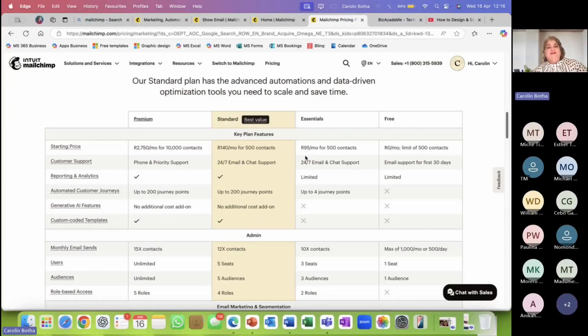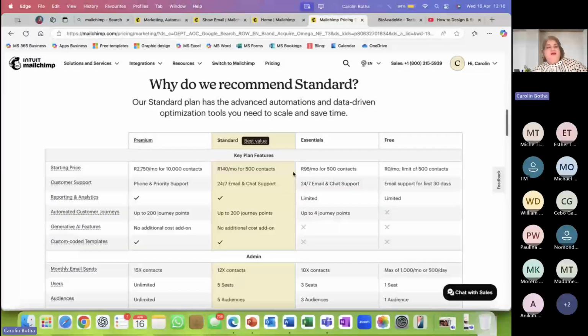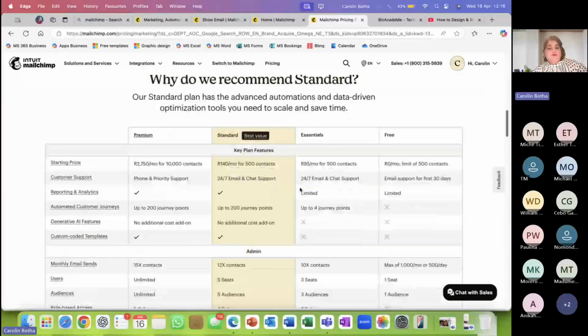Luckily, MailChimp doesn't change that rapidly, or didn't change over the years. I've been using MailChimp for, I think, 20 years now. Such a reliable email marketing tool. There are many others. I didn't even start mentioning some of them. I usually do that. But honestly, this is an absolute winner. And it's free for 500 contacts.